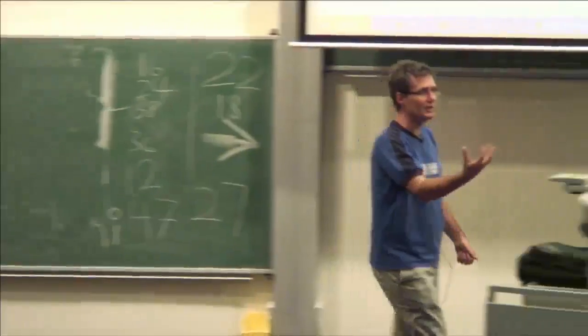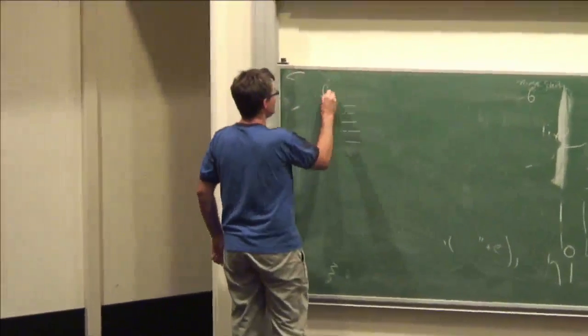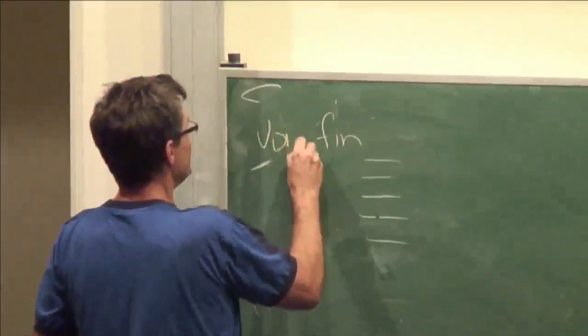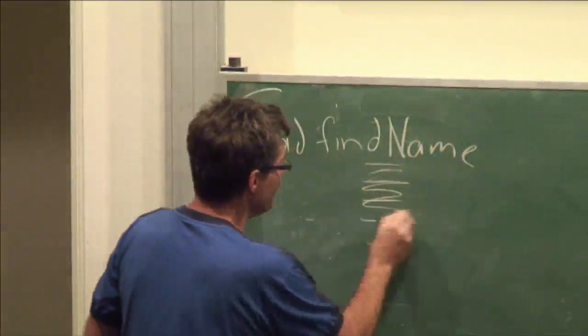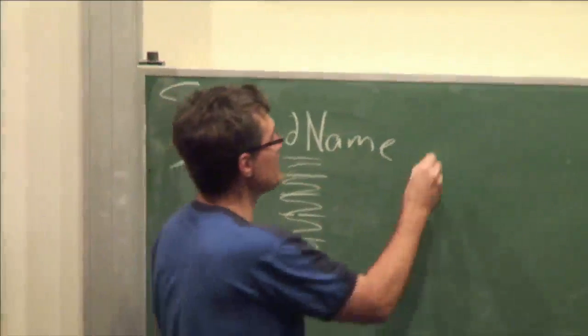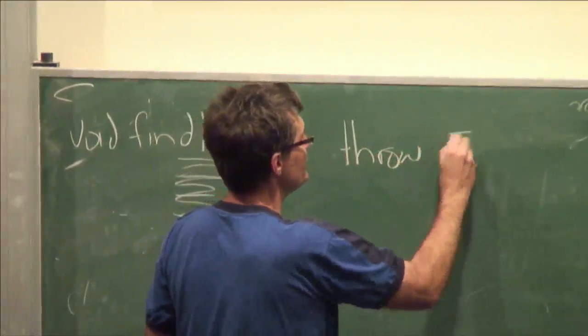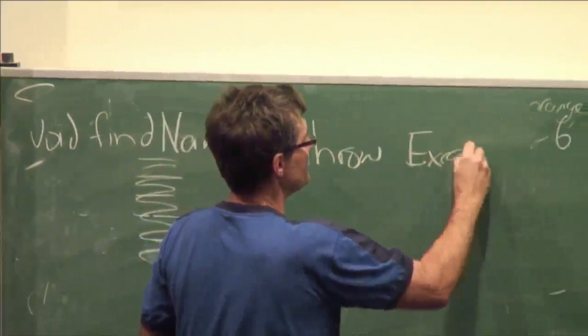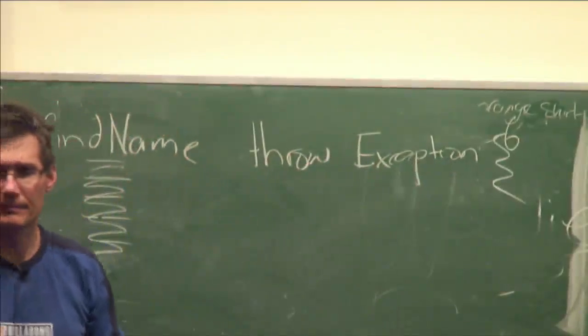And if your function doesn't deal with an exception but can propagate it up, you actually have to explicitly say that. If my function's called, I don't know, find name, void find name, and the code in find name might throw an exception, the Java compiler will actually say, Richard, you've either got to catch it or you've got to say throws exception. I've actually got to list the exceptions it could throw.